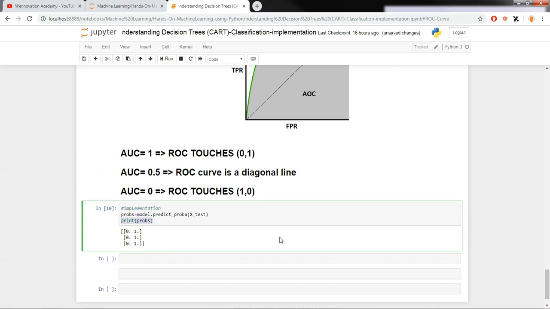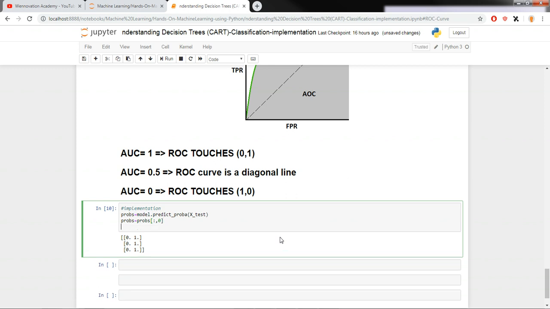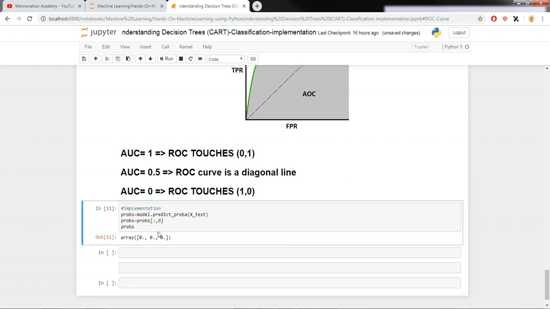And now we can just take, let's say, the first probability column of our output. So we can say prob equals probs, all rows, and I want the 0th column. If I print prob now, you only have the first one, right here. And then let's say I wanted to calculate the AUC score. What we can do for that is say AUC equals, which is just a variable name, and I can say roc_auc_score, and then